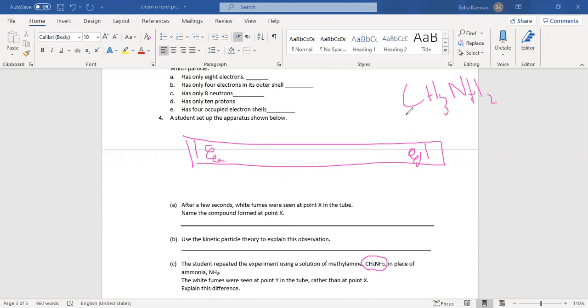Instead of ammonia you are going to use methylamine, and you will get the fumes, the ring at point Y. So the white fumes were seen at point Y in the test tube rather than at point X. Explain this difference. Why this time are you getting fumes at point Y instead of point X? Answer for this question is